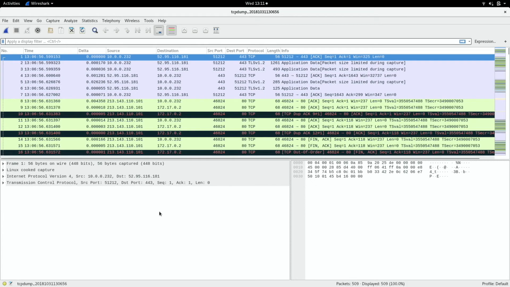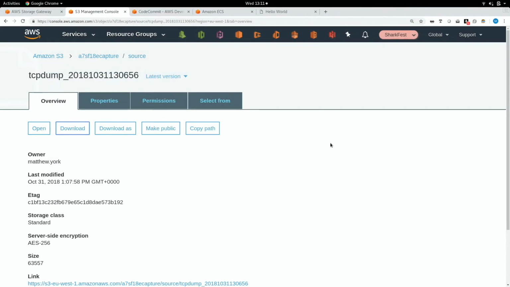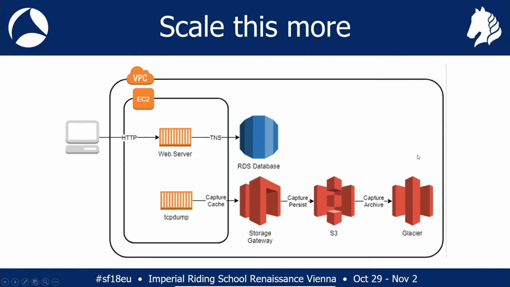So, what happens next? As I alluded to on this particular picture, we've got this thing on the right-hand side called AWS Glacier. Glacier is basically the magnetic backup storage option from AWS. If you think about how you would access something in S3 or any particular storage, you would try and read something and it would give you that data straight away. Well, Glacier doesn't quite work like that. You say, I want to read this data, and Amazon come back and tell you, okay, it's going to take us like 6 hours to get you that data. But the trade-off is that it's incredibly cheap to store stuff in Glacier, which is great.